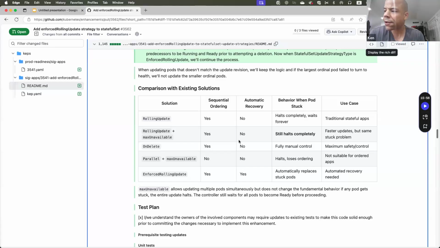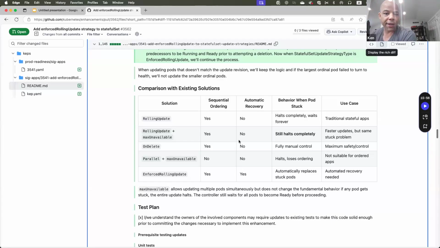Well, yeah, to your point, it seems a lot like deployment recreate, but not exactly. If we want to do deployment recreate, I could see doing a recreate strategy, and that's what I would call it. I wouldn't call it enforced rolling update, but deployment recreate specifically tolerates downtime across the deployment for the purposes of recreating it when it's broken, which seems to be what this is trying to solve.